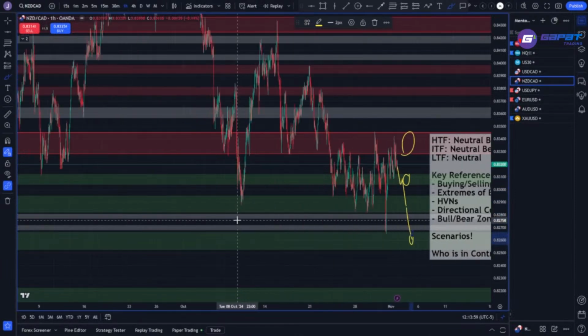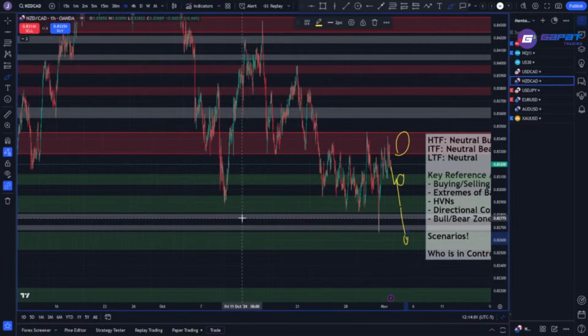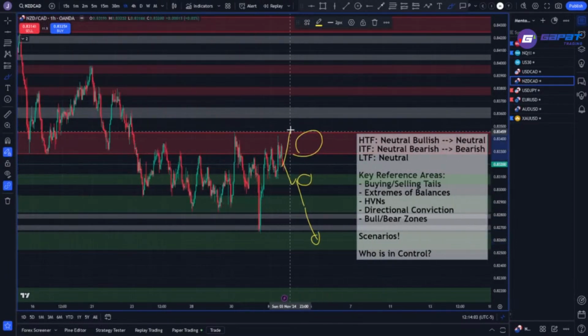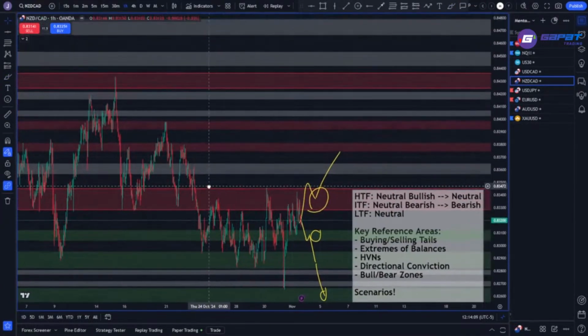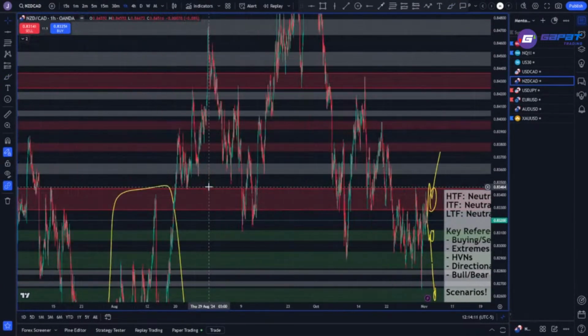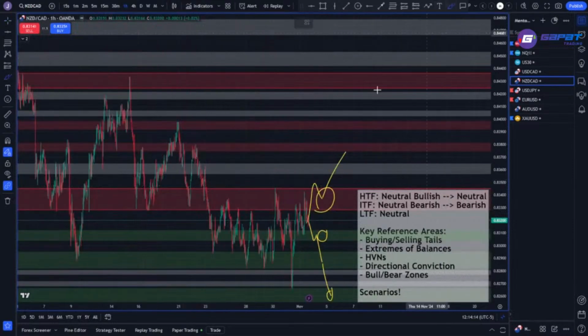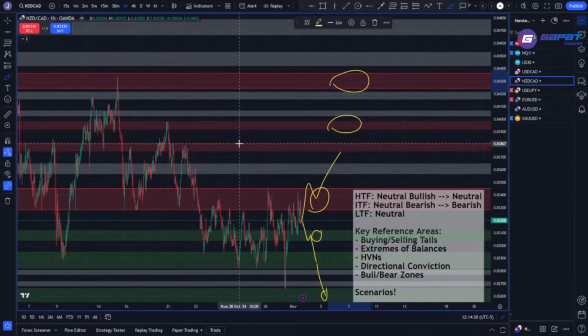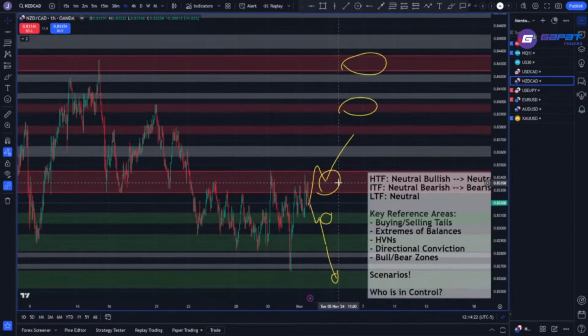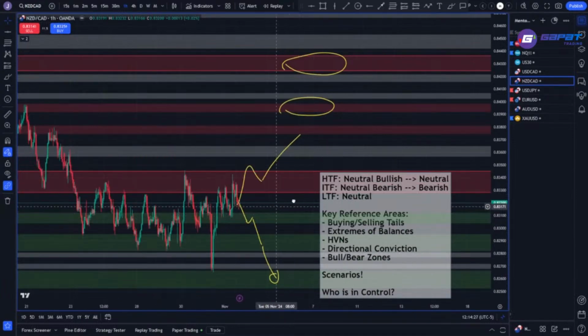So I would say the buyers can step back in, and the higher time frame buyers will need to break above this level, pull back, and continue. And preferably test this level and then this level. These will be the strongest areas of resistance that they'll need to keep breaking in order to keep showing that they're in control. But if we maintain below